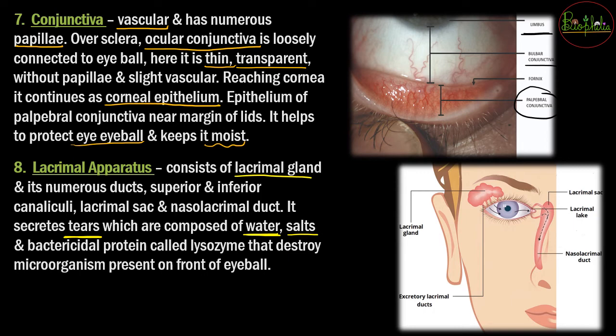These have salts in them. They also have a bactericidal protein called lysozyme. These tears are also secreted in your eyes so that they stay moist enough and do not allow the entry of any sort of bacteria. Why? Because they have lysozymes which will destroy the microorganisms that enter the front of the eyeball. So because of that reason only, as I told you in the previous part as well, the secretions